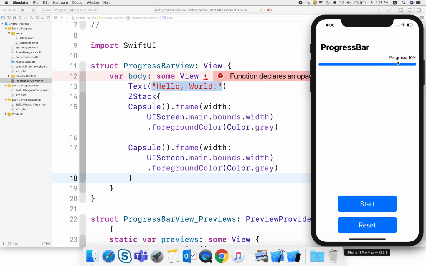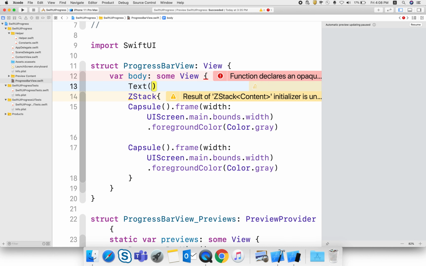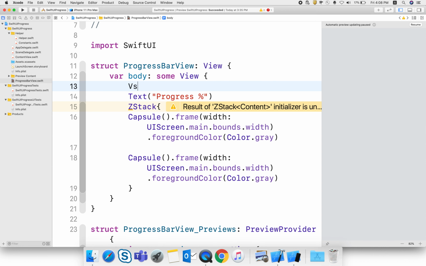And in this demo you can see that there is a progress text. So for that progress I am using a Text here, and taking a vertical stack.